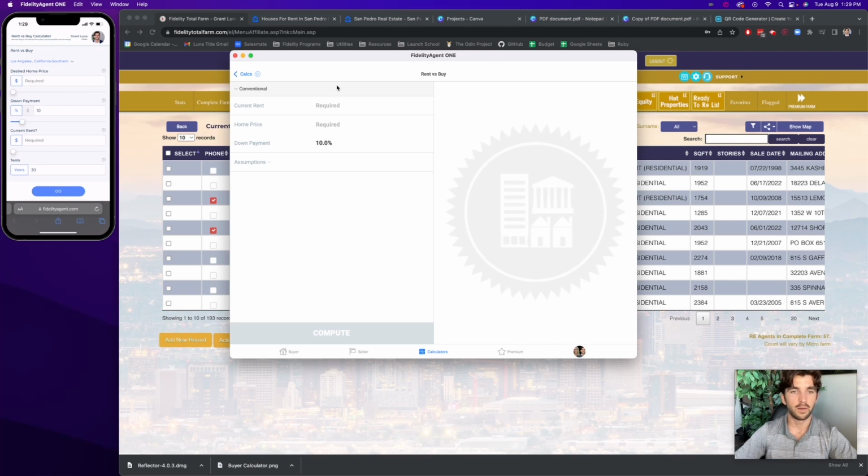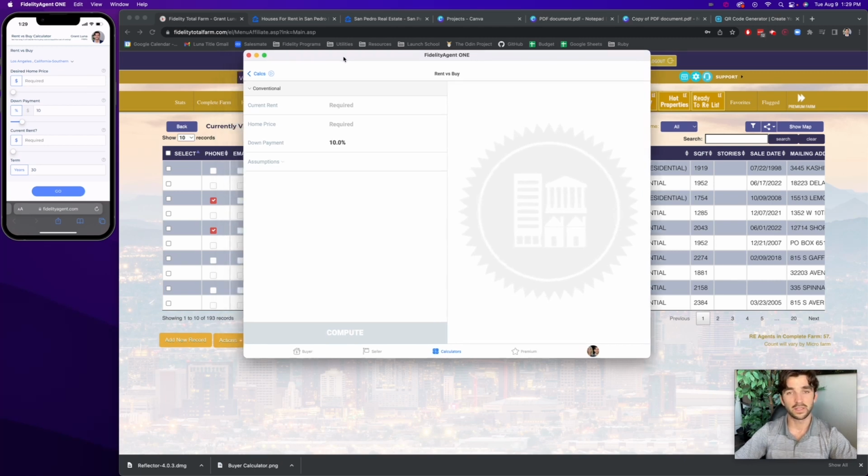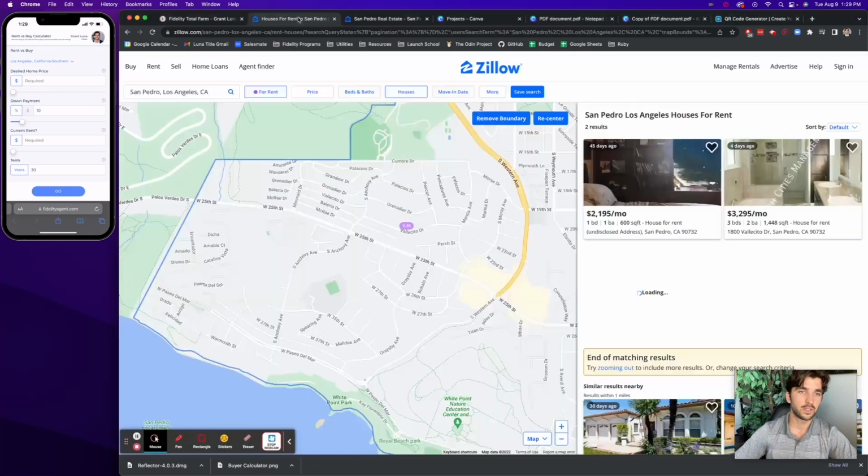So you can put in maybe the current rent, so maybe the market rent in the South Shores area, and maybe what houses are going for in the South Shores neighborhood, right? Because maybe they really want to live in that neighborhood and they've been saving up. And so what I can do maybe is go to something like Zillow and look at what rents are in South Shore. So I see one example, so obviously not ideal, but I'm just going to use it for this case, of